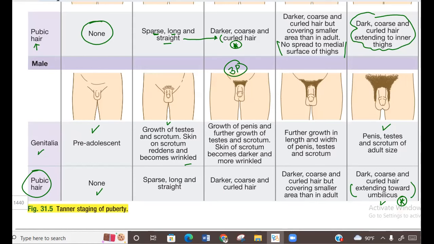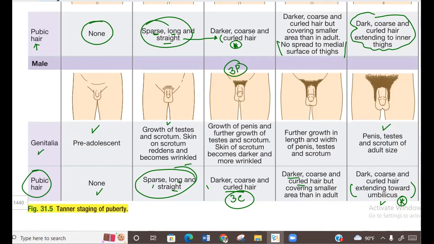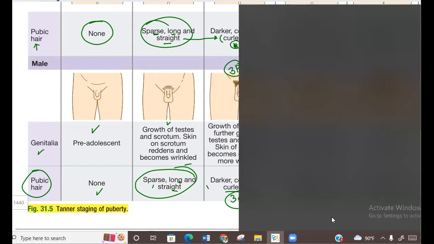Now, the middle stages. In stage 2, just like female, the pubic hair is sparse, long, and straight. In stage 3, it becomes curled, the 3C, darker and curled hair. The curling starts at stage 3. In stage 4, the amount of hair increases, but it does not extend towards the umbilicus. That's the main difference between stage 4 and 5. In stage 4, all the things are present, but it does not extend towards the umbilicus. Stage 5, extends towards the umbilicus. So those are the Tanner stages of